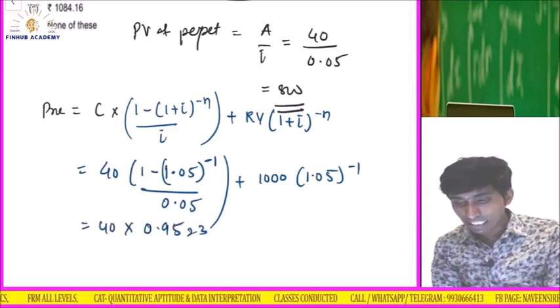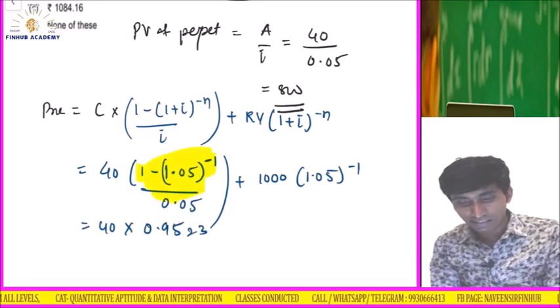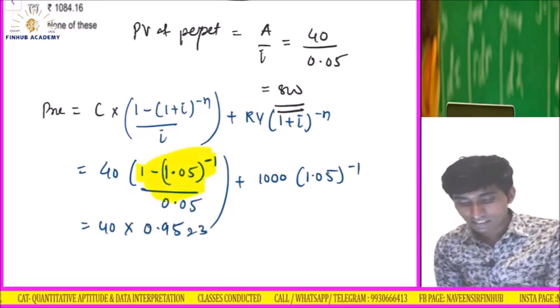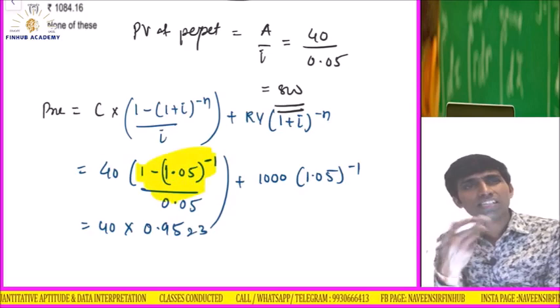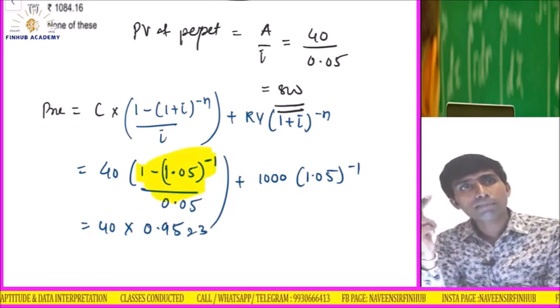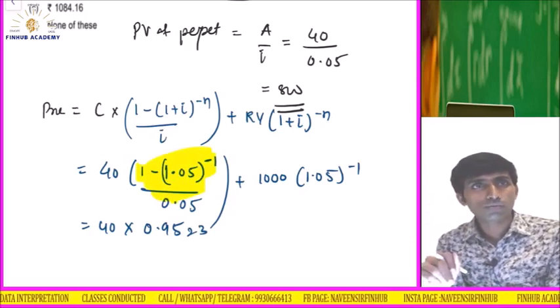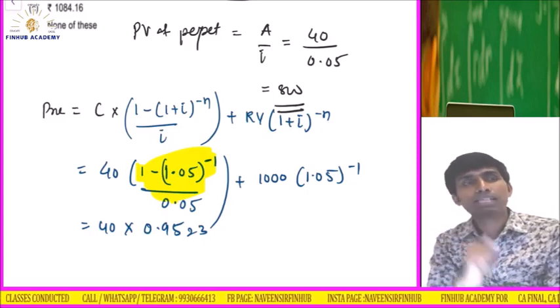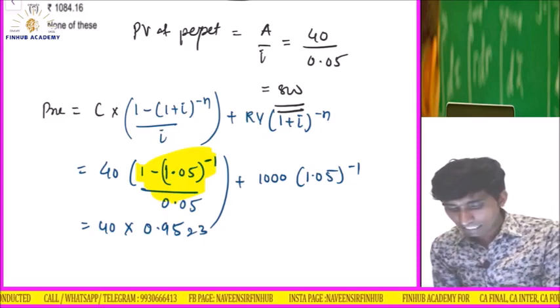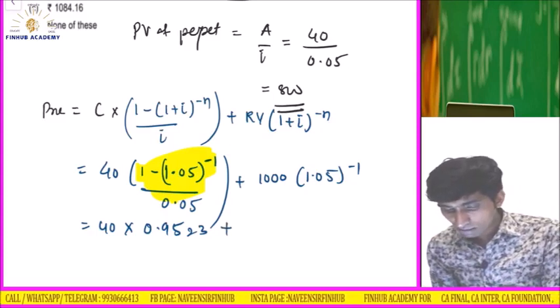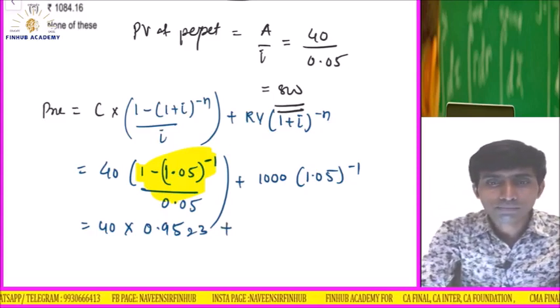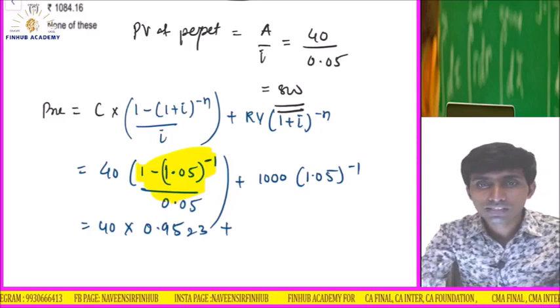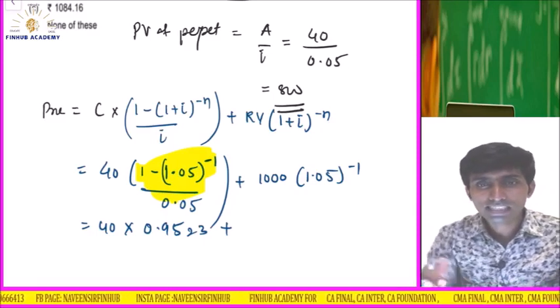Okay, you can calculate this as you want. Is this clear? Don't stress about how I have calculated. What I generally do: 1.05, because the power is negative, I press divide equals to, and then minus 1. The answer will be minus, but ignore that minus. Divide by 0.05. You'll get 0.9523 plus 1000 into 1.05. So 1.05 divide equals to, multiply by 1000,